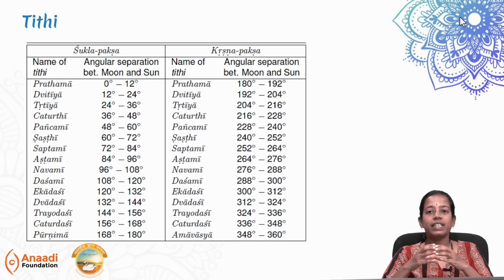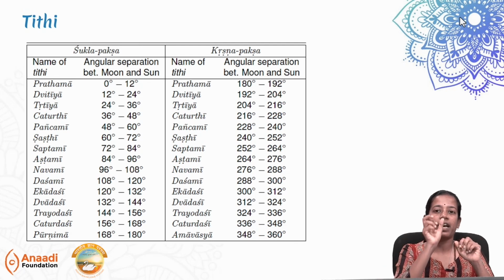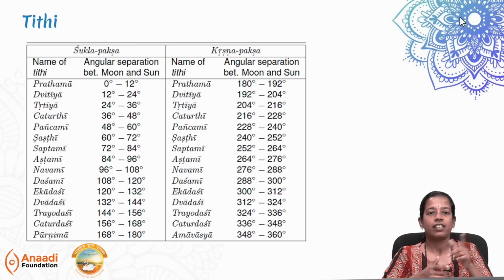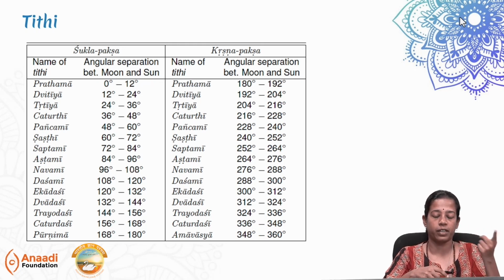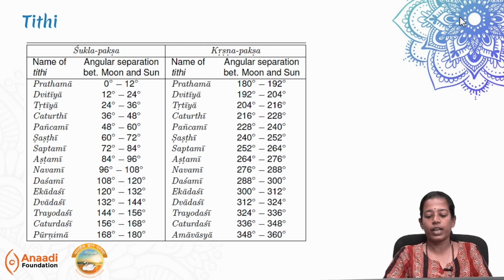So among these 30 days, we have also marked the angular separation across each of the Tithi with respect to the Paksha. Because each will be a 12-degree movement, we have already seen that one Tithi is going to be 12 degrees, that is fixed. So each Tithi will change once the 12-degree length is traversed by the moon with respect to the sun. Now, for example, if the angular separation between the sun and the moon was 280 degrees, what will be the Tithi now?